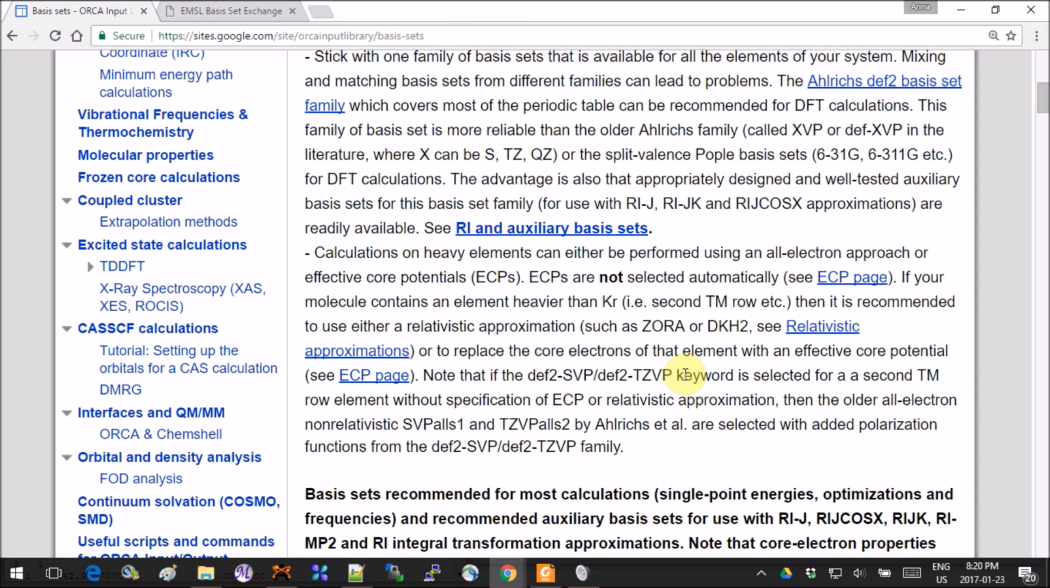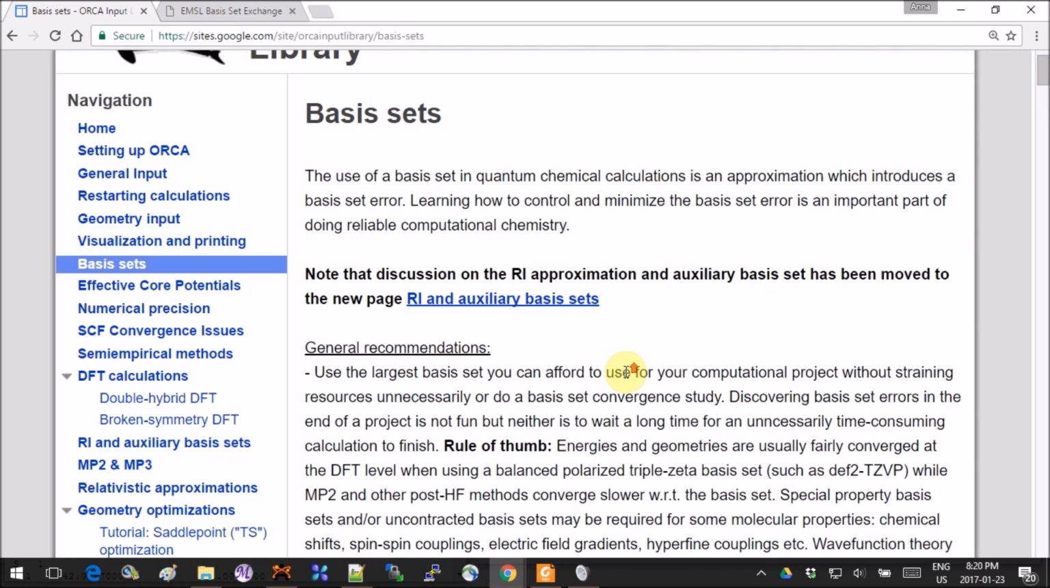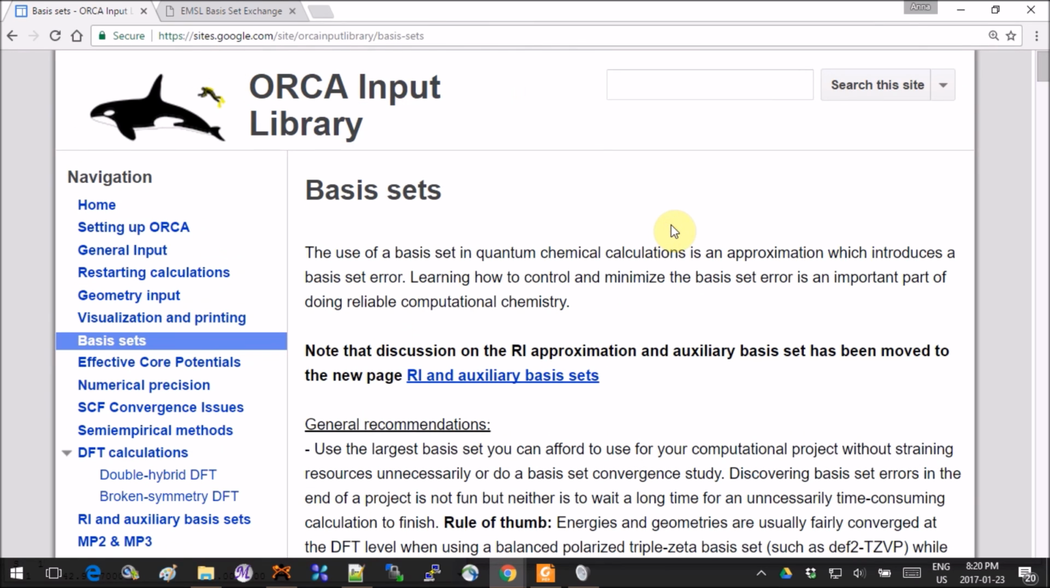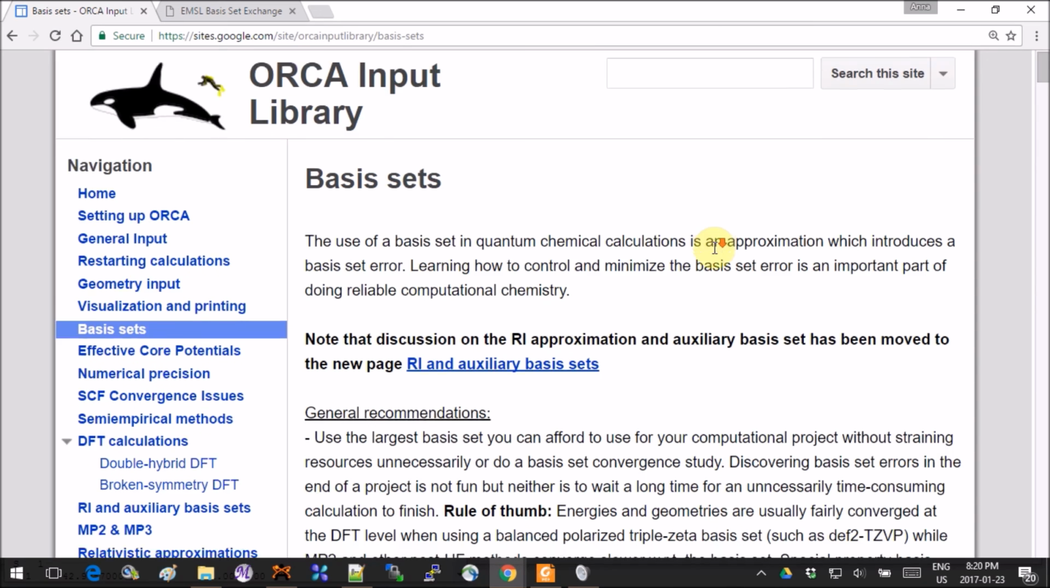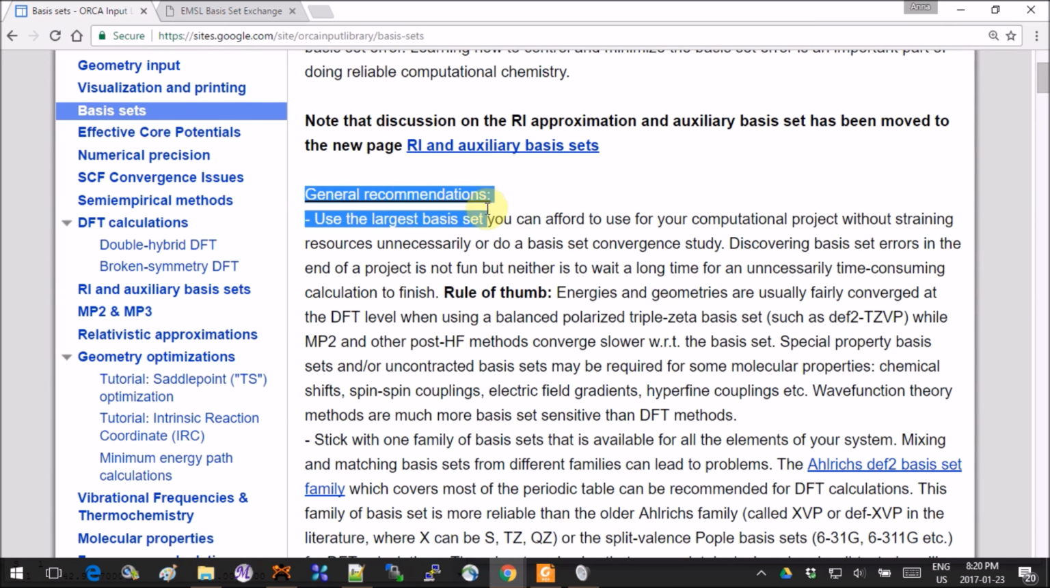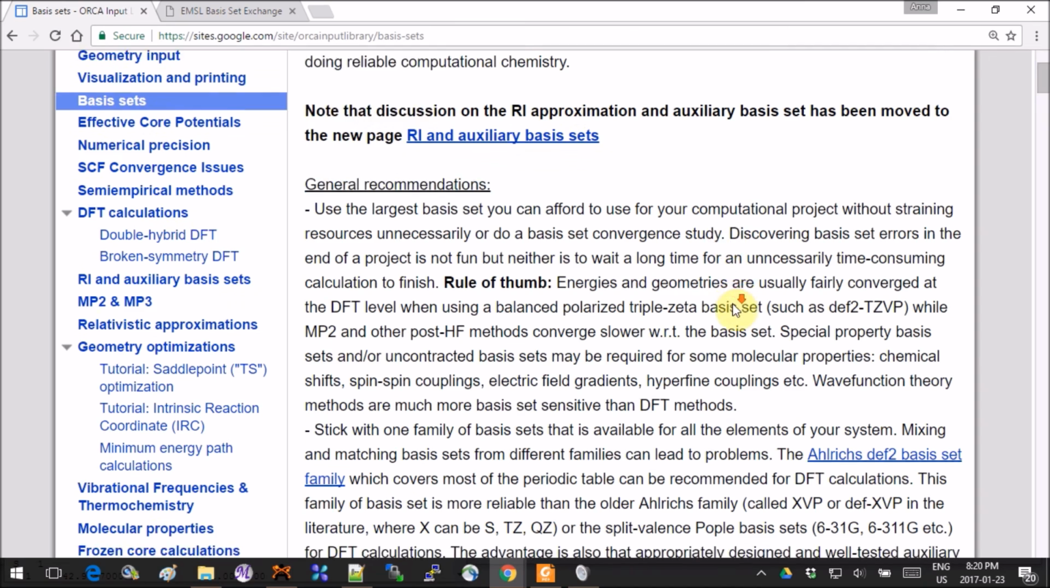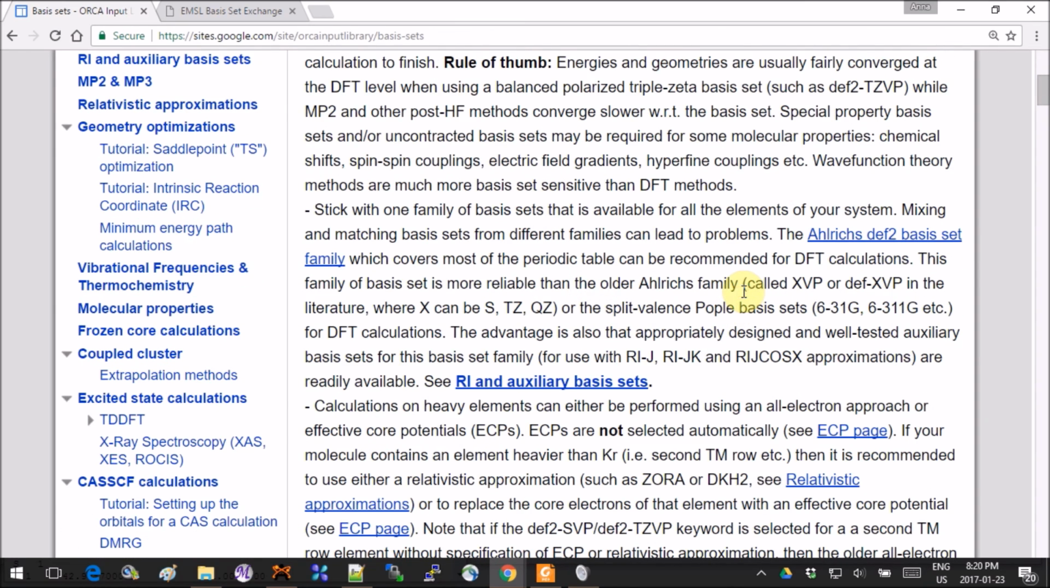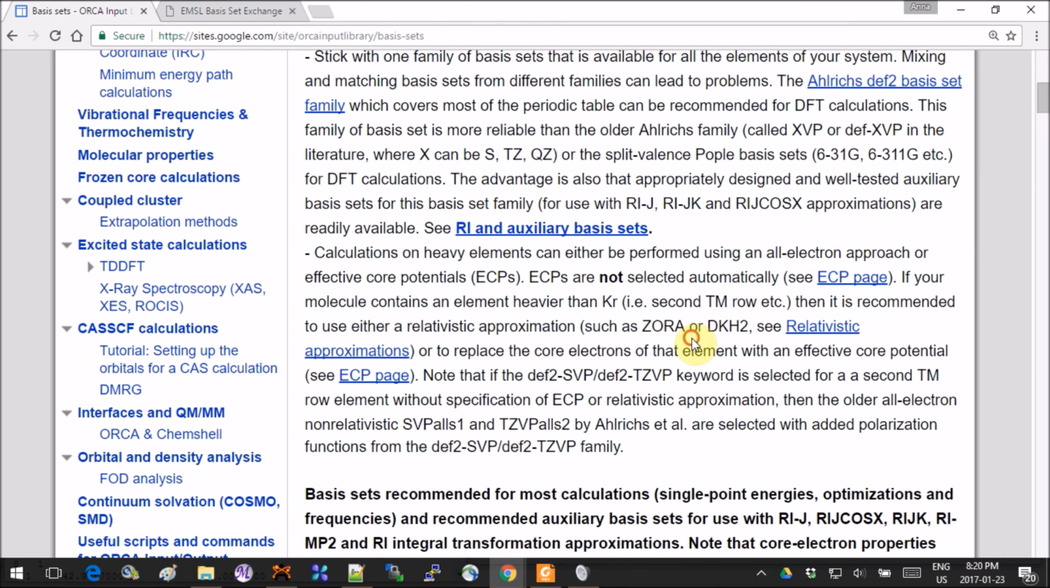thing if you are working with metals, for example. I invite you to read the ECP page over here on the ORCA input library and look through the manual. Also, I encourage you to read the general recommendations from the authors of ORCA. There's some good advice here as to what you should and should not do, which could be very useful for your